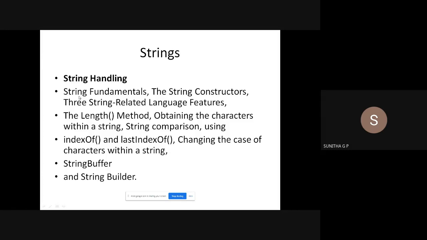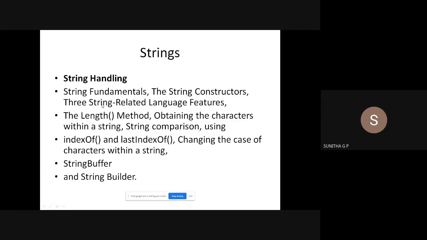You have to define what a string is and how a string is different from in string will be handled in object-oriented concepts. And how a string is created, that is, what string constructors are there. This is one example of string constructor overloading: how a string is created from a character array, and how it is created from another string. We have to see the different syntax of that.